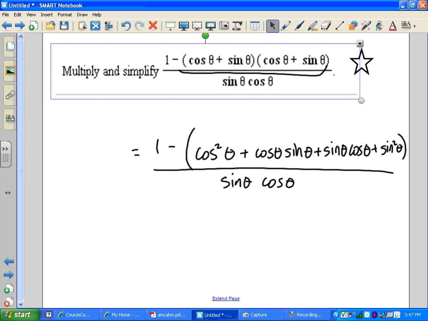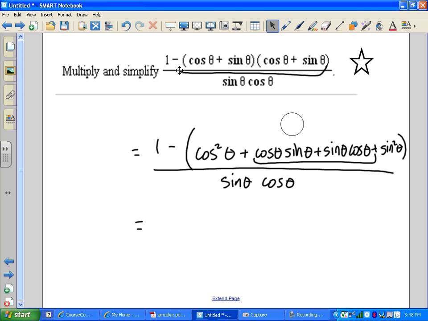Now let's clean this up a little bit. Notice what I mentioned here: those are like terms, they're just sort of backwards. It's kind of like this one's xy and this one's yx. They're like terms. So if I added one of those to another one, that would get two of those. And so now this is going to simplify to 1 minus cosine squared theta plus 2 cosine theta sine theta